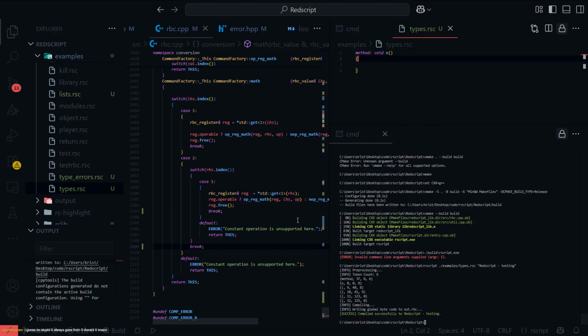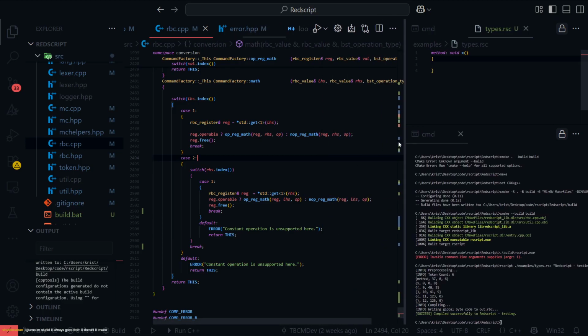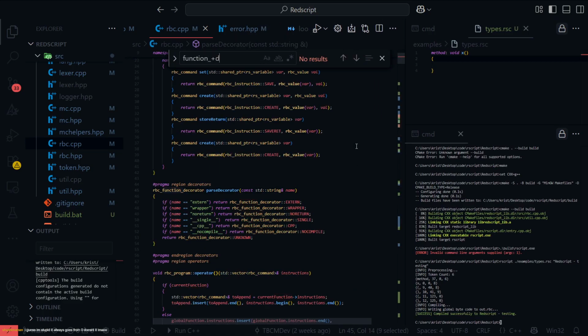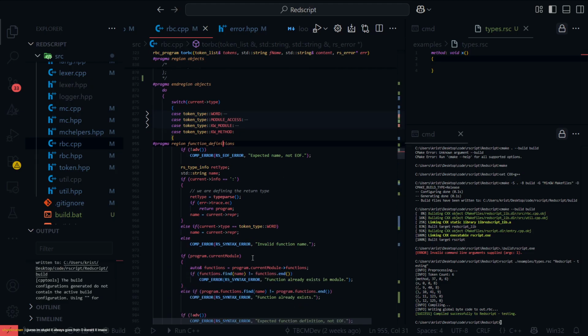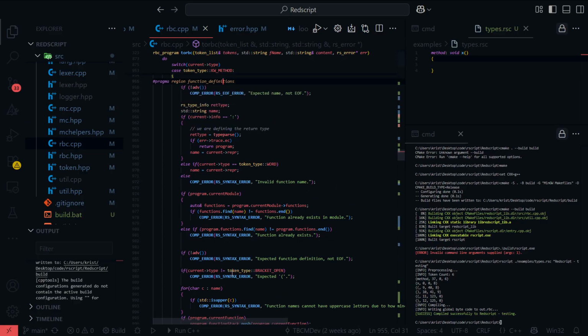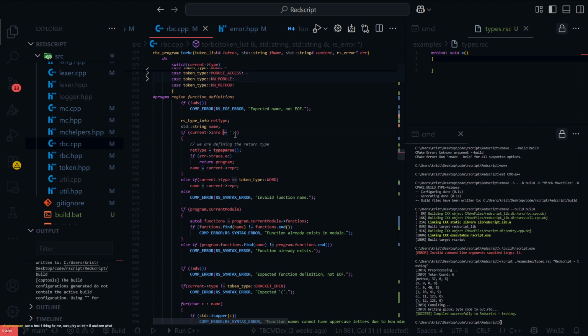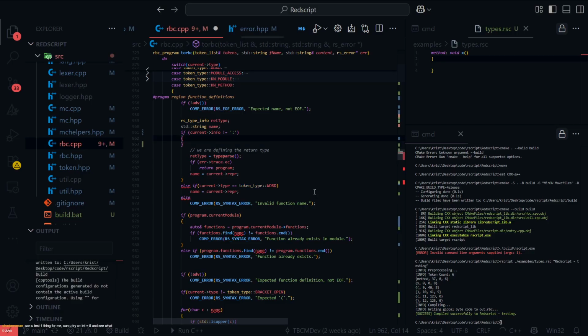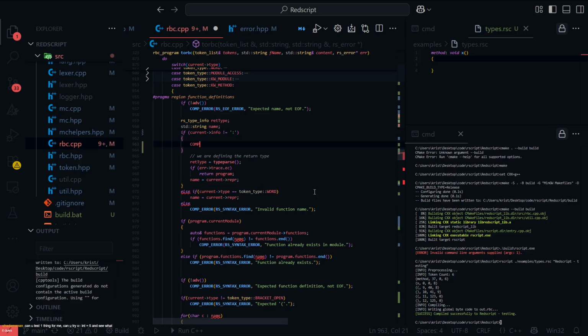So let's go into our file where we do function definitions. Can just do that. Not equal to that, then I'm going to add a compile error: syntax error, function return type missing, or just missing function return.